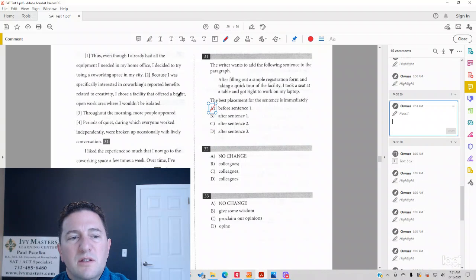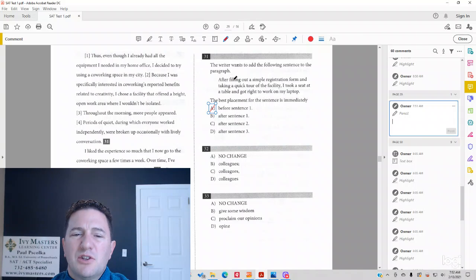Let's look at after sentence 1. Thus, even though I already had all the equipment I needed in my home office, I decided to try using a co-working space in my city. After filling out a simple registration form and taking a quick tour of the facility, I took a seat at a table and got right to work on my laptop. So transitioning from the previous, he decided to use a co-working space. He filled out a registration form. You might be thinking, oh, that's okay. It may seem to fit there, but we are actually